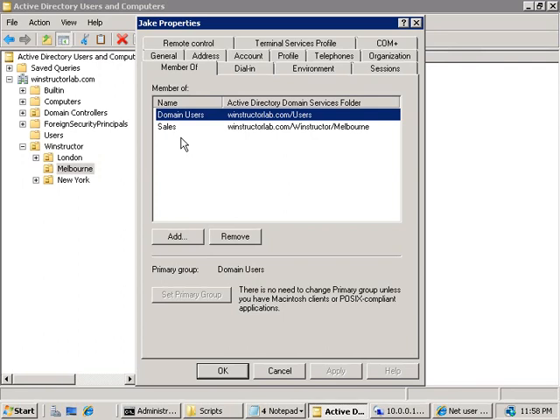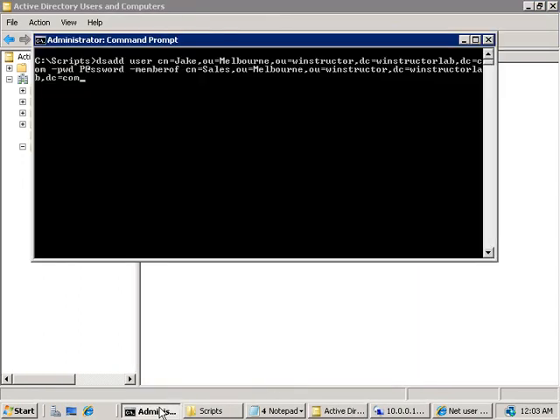Now the other setting that we configured Jake's account with is on the Member Of tab. And in here you can see that Jake is now a member of the sales group. So not only can we use DSAdd to create accounts, we could also use it to easily configure group memberships as well. So let's go back to our command prompt,